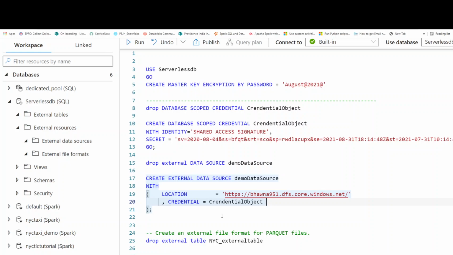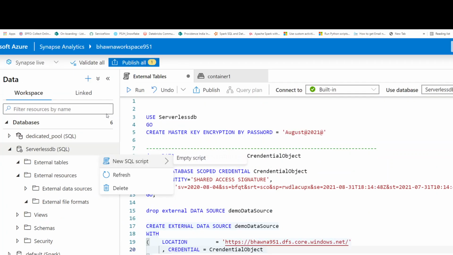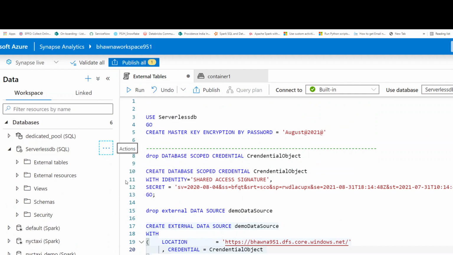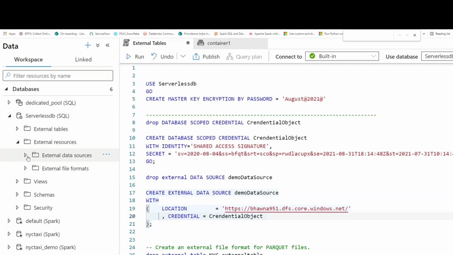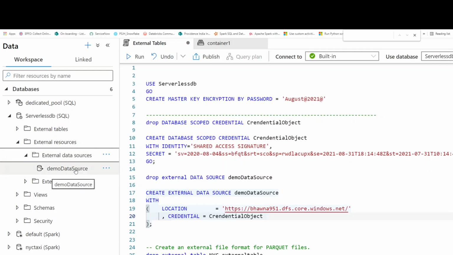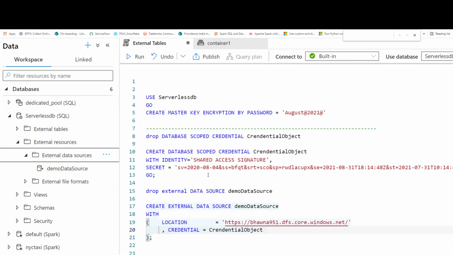Now, once I have created the external data source, let's go back and check the serverless DB, whether my external data source is created or not. Let's refresh it first. So guys, now if you open it, you can see that the demo data source that we created has come up here, right? Now once we have created the connection, we know that we have to connect to the storage account. Now let's go ahead